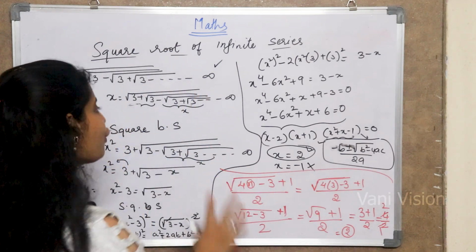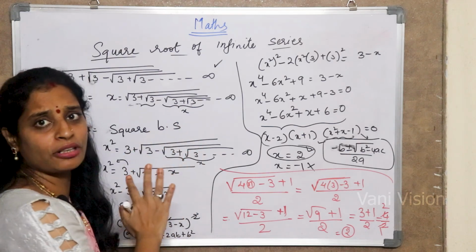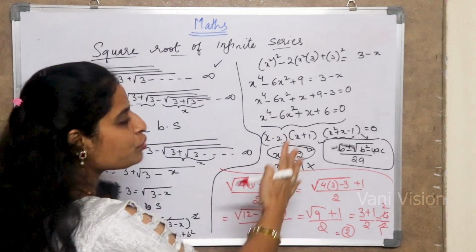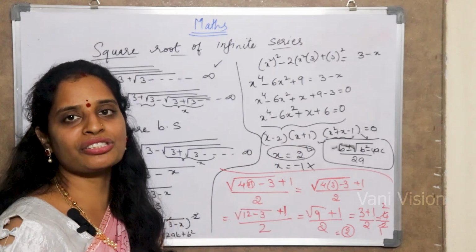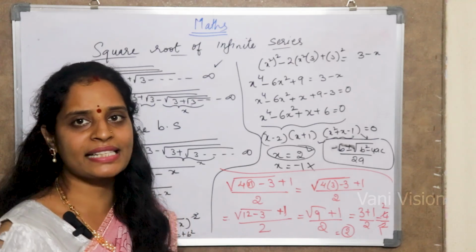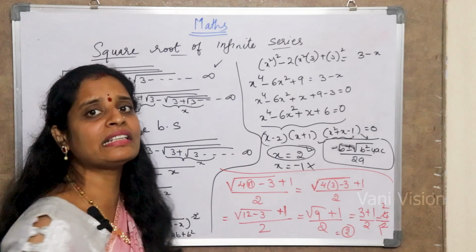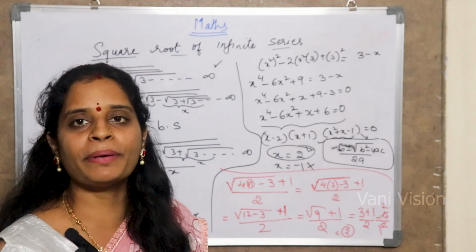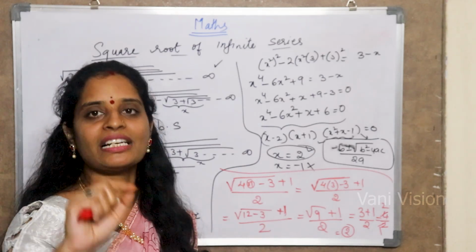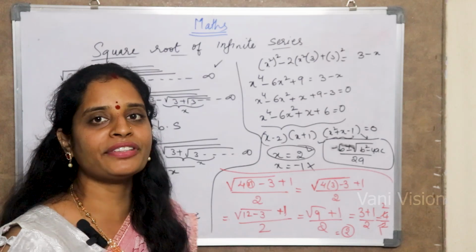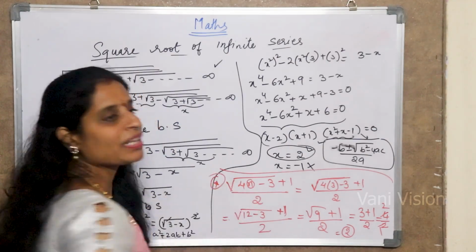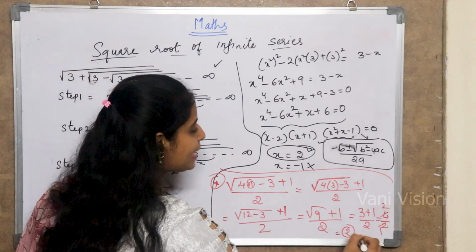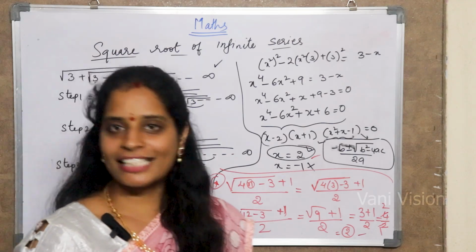Is it simple? So see, this method is very important according to your examination type. Depending upon the examination, you have to use your method. If you are writing board examinations or any examinations like intermediate or degree examinations, they'll ask you the method of how you are doing it, so this method you have to follow. If not, if it is a competitive exam, only the question and options are given. Only the answer part you have to take. Then go to this method, which is very, very easy by using this formula. Clear? So our answer is the same, right? 2 and 2. Is it easy?